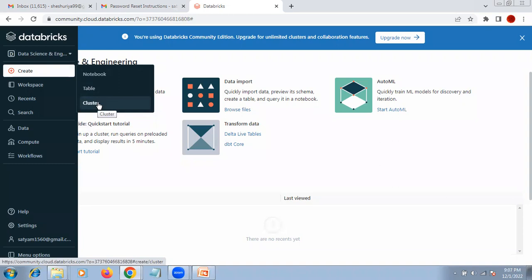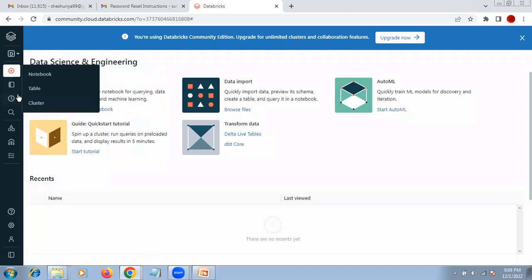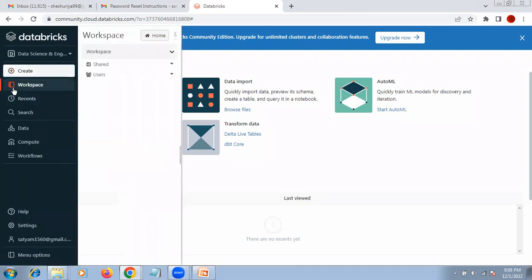It goes to the driver, and the driver divides the work between the worker nodes. The same example I gave you for counting the chocolates, the same thing will happen. This is the backend process. You just have to understand it, but not necessarily remember it every time. This is just for your information. These things you can do from here, and this is the workspace.